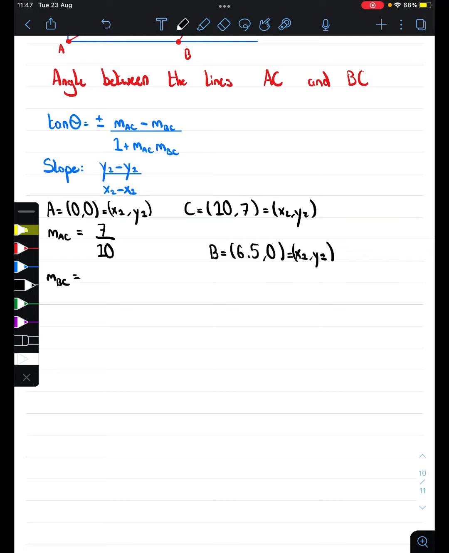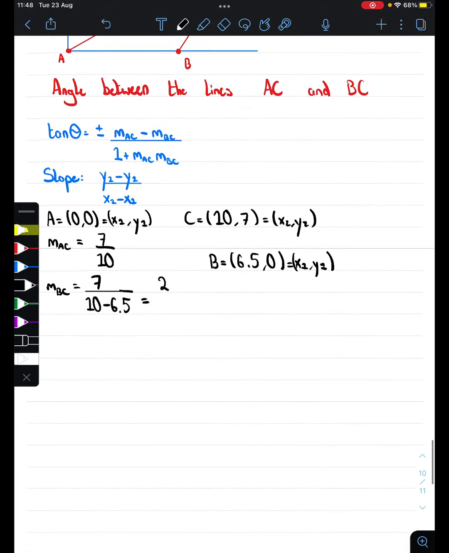Then this slope MBC, so y2, 7, minus y1, 0, so just 7, over x2, 10, minus x1, 6.5, and this is just 7 over 3.5, which is just 2. Okay, so these are our two slopes,